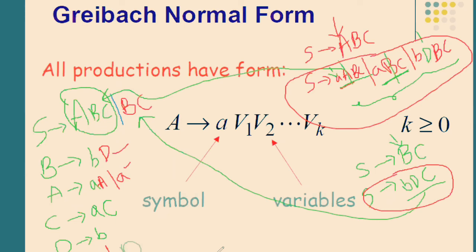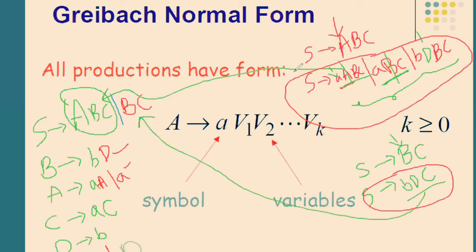So what are the steps involved in conversion? First, you have to identify if there are any epsilon symbols present in the given productions. If there are any epsilon symbols, you have to eliminate them. Then you have to identify if there are any useless symbols in the given grammar. If there are any useless symbols, you have to eliminate those also. And the third one is, you have to check if there are any unit productions. If there are any unit productions, you eliminate them. So you have to eliminate epsilon productions, useless symbols, and unit productions before going to conversion.